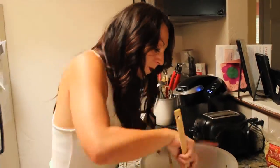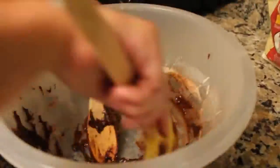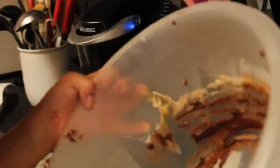Chocolate, chocolate, chocolate! Chocolate, chocolate, chocolate! Chocolate, chocolate, chocolate, chocolate! Chocolate, chocolate,